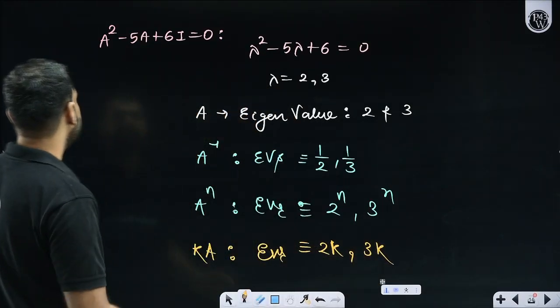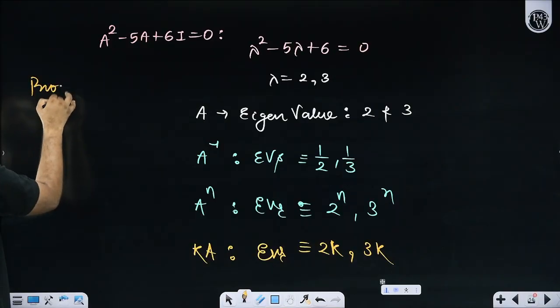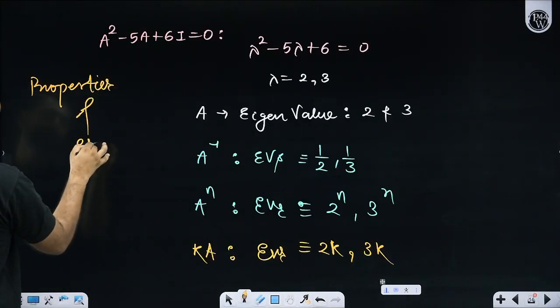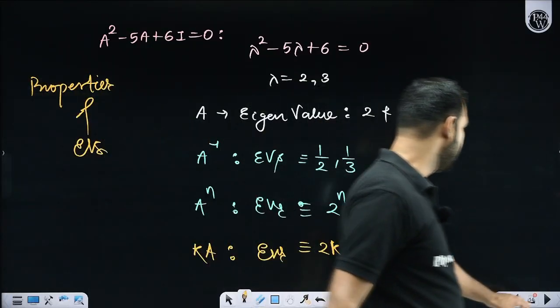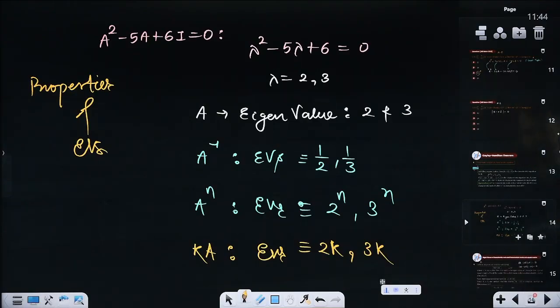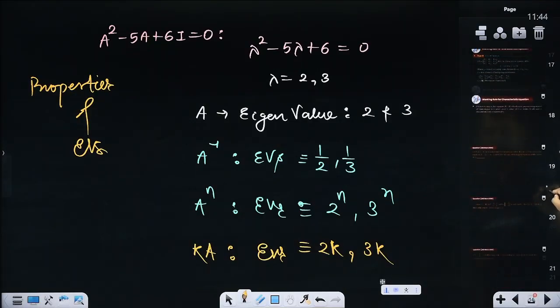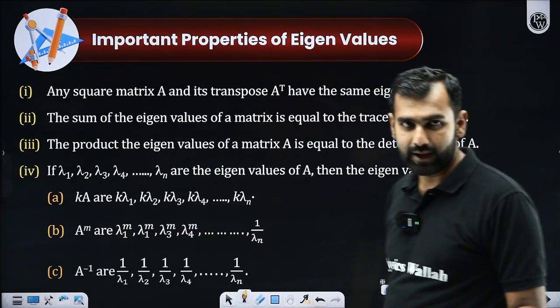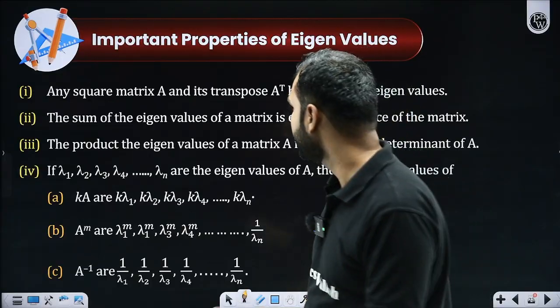So first of all, these are the major properties of eigenvalues. Let me give a better explanation here. Let me take you to that slide first, then I'll come back to this. I think we have the eigenvalues here. I'll take you through these one after another. I hope everyone is patiently understanding and watching it.